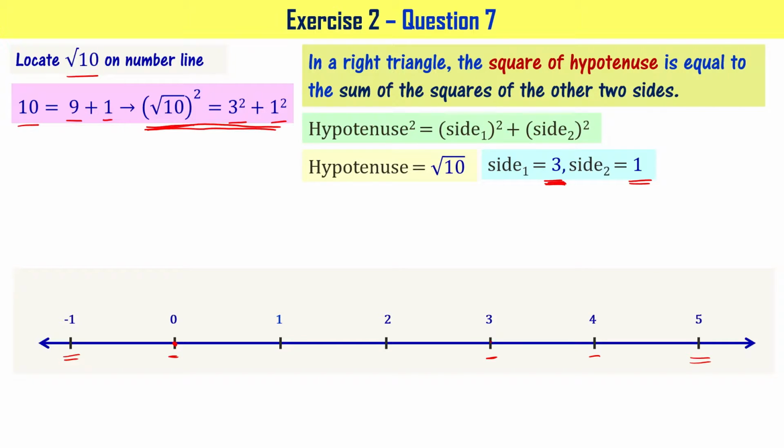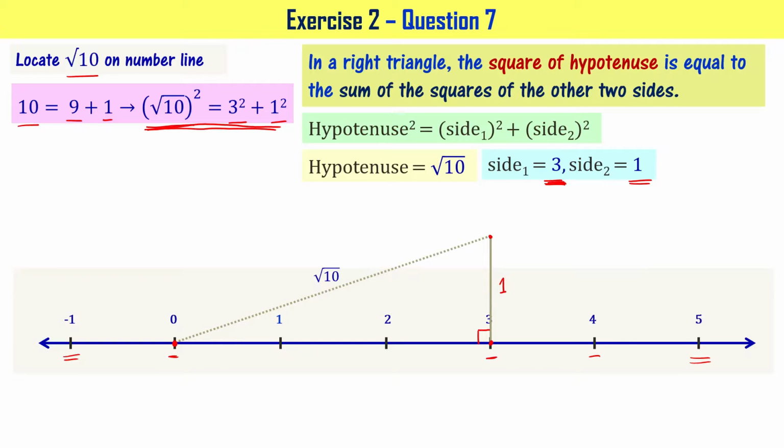Now, since we said that one side is 3 and the other side is 1, let me consider the line between 0 and 3, and let me draw a line whose length is 1 perpendicular to the number line. You look at this. This particular line drawn just now is making 90 degrees with the number line. Now connect this particular point with the end of the line we have drawn. From 0 to this particular point, we want to connect a line. When you connect, its length is going to be root 10, right?